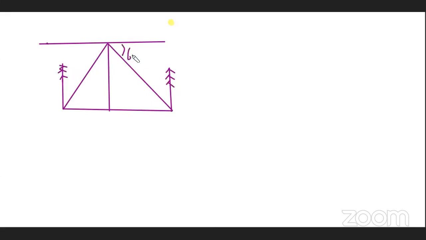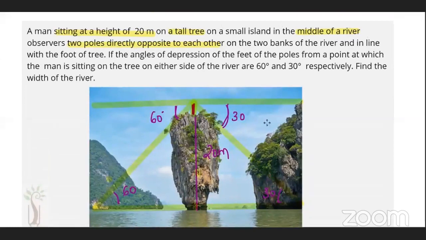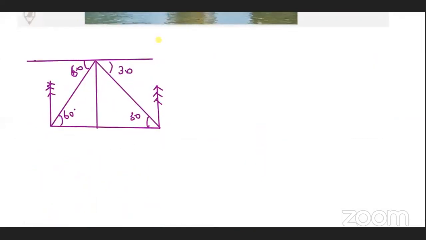So this is 60. No. Wait, did I make a mistake? No. Yes, it's right. This is a 30 on the right side, right? And this is 60. Beyond this, I'm not going to help you. The only thing which I need to check is the height of the tree. Did I get it? It's how much? 20 meters. So the rest of the labeling of the diagram and writing the statements, everything I'm leaving it for you to do. Let's see how far you can do it.